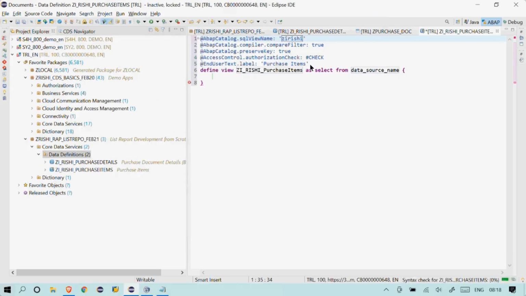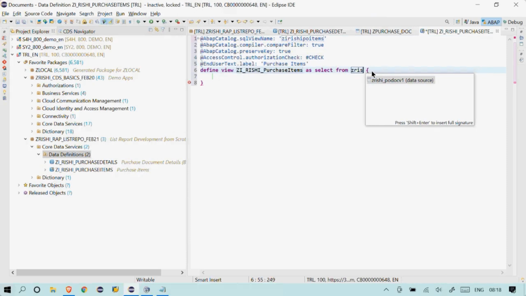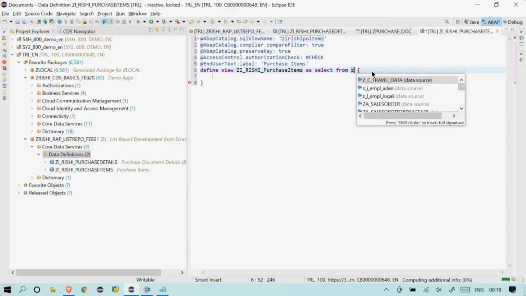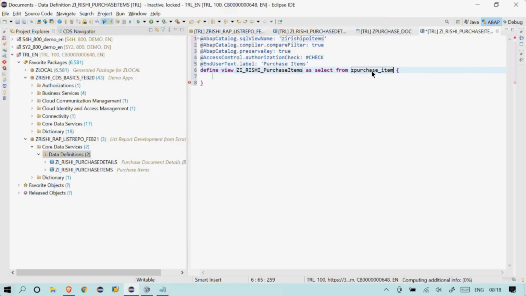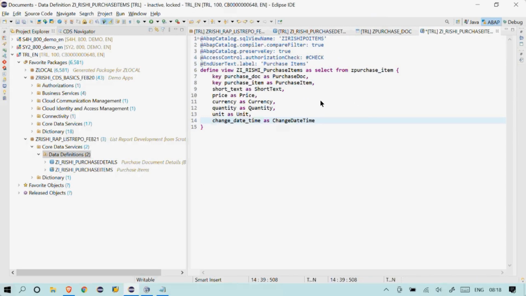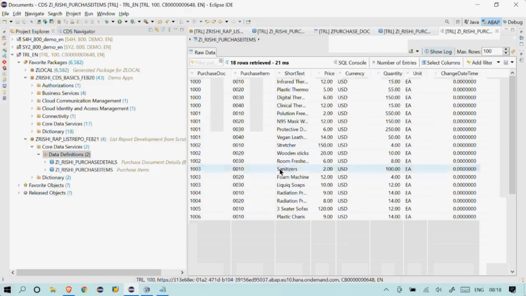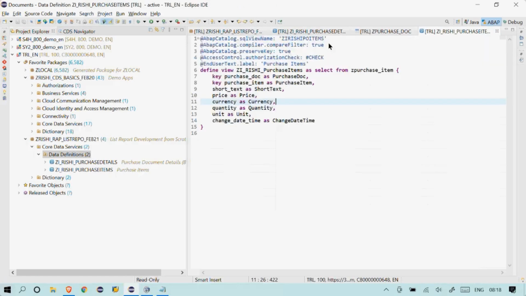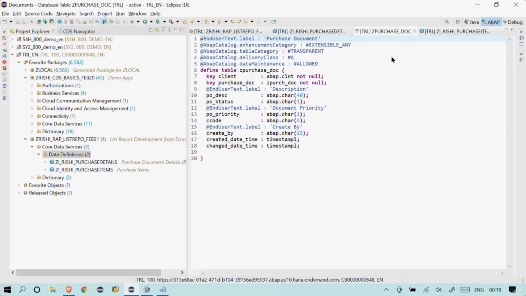Provide the dictionary view, PO items, purchase item, insert all the elements, save it and activate. Let me check if there is data. Yes, we have some data here in both the tables.